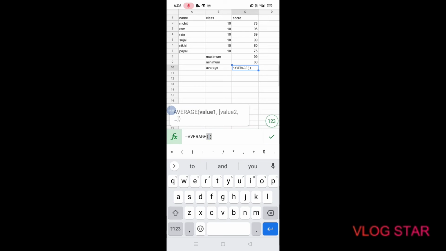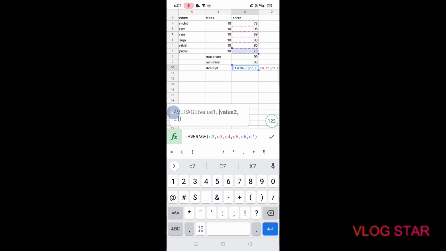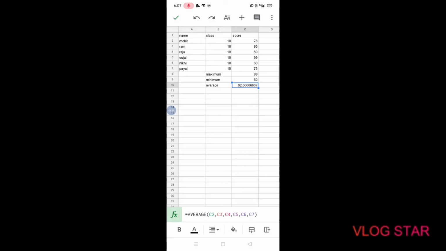Now here you do the same process. Here you see C2 to C7 is done. Now it's time to correct this. Here 82.6667 is the average.